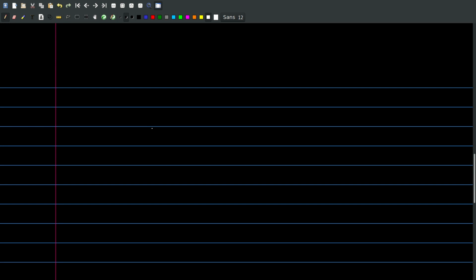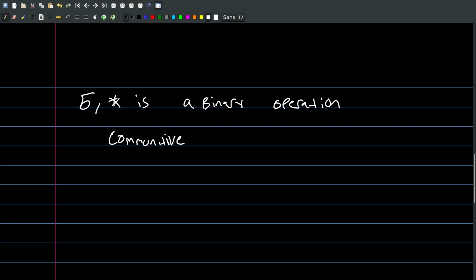Now let's go over some properties of binary operations. They can be associative or commutative. So if G has a binary operation, then it's said to be commutative if, and associative if